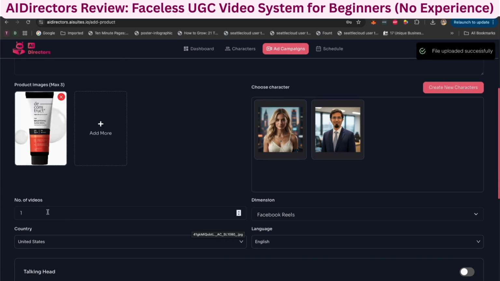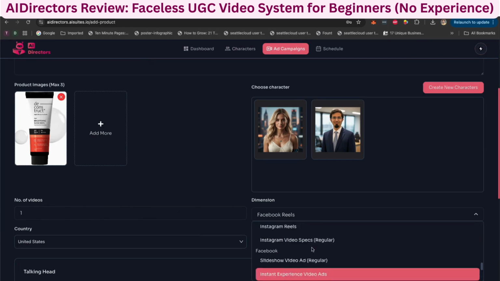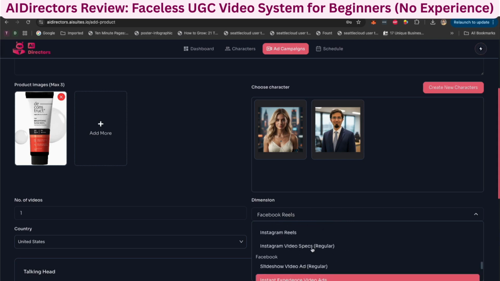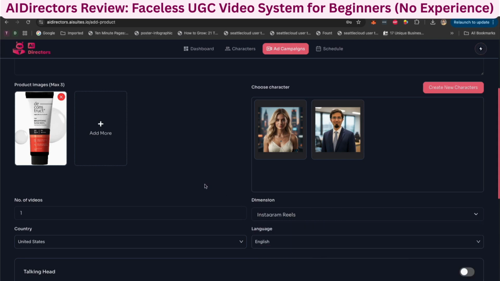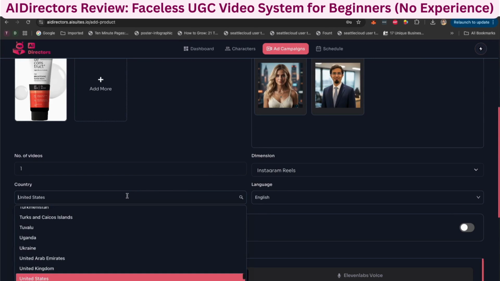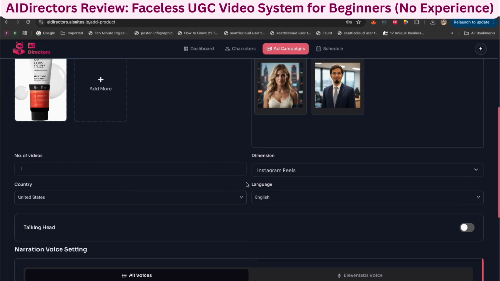Next, we're going to select how many videos we want to create. We can add multiple images as well if you want. We can create multiple videos for the same product. We want to create one video for the demonstration. We can select from different kinds of video formats. Let's say we want to create an Instagram reel for this demonstration. Now you can select different countries as well and different languages. So when you select a different country, it essentially is going to formulate a script that works for the demographic